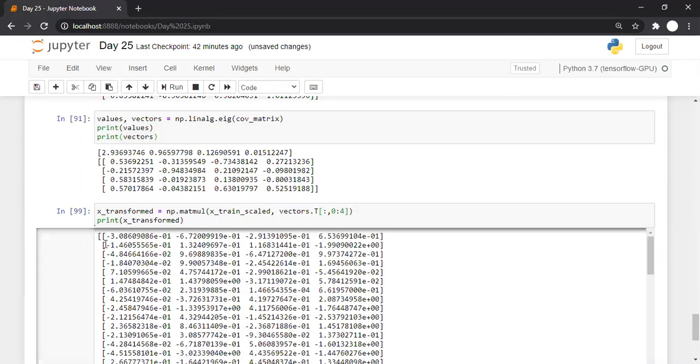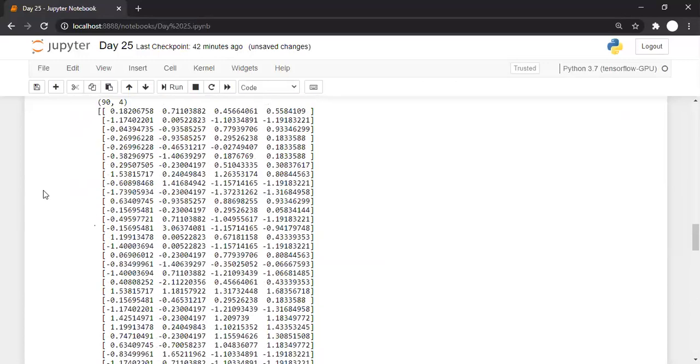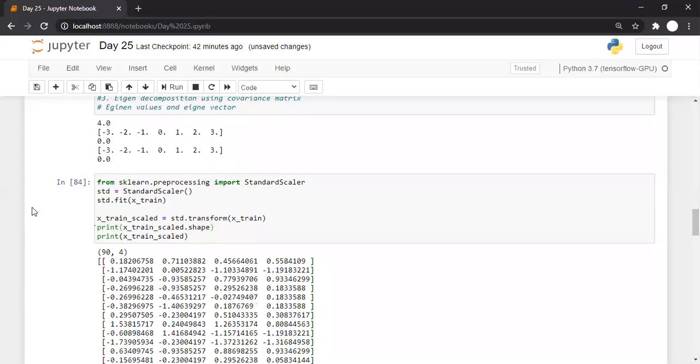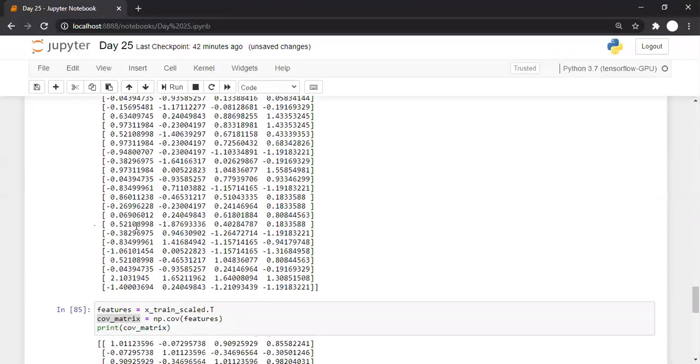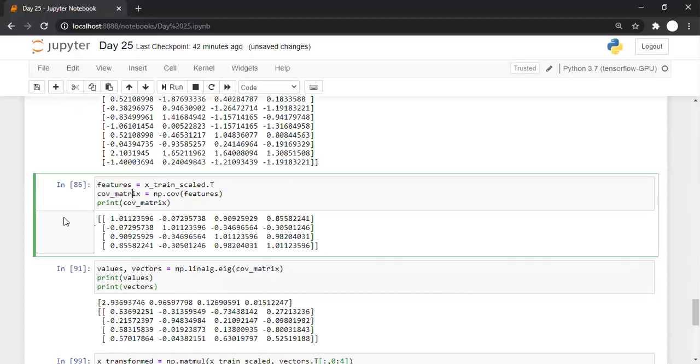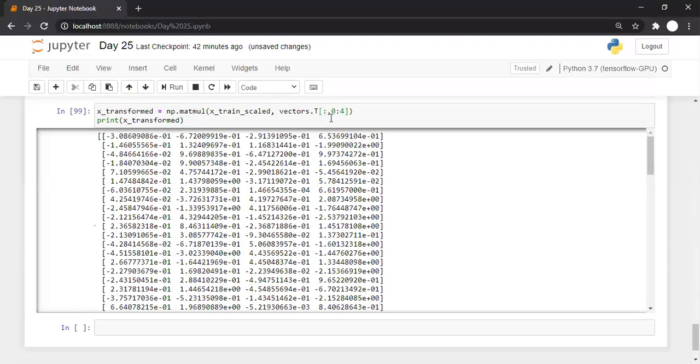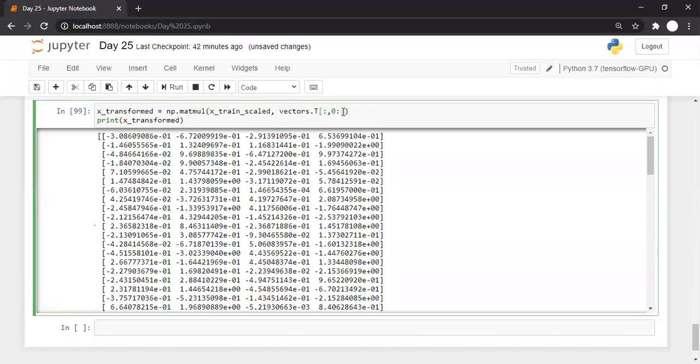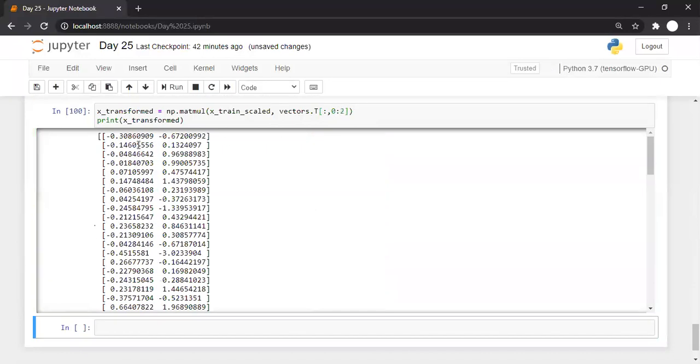So now you can see implementing this principal component analysis using NumPy is very easy. Am I right? And that's why Python became very popular because of NumPy and SciPy. They make the life of machine learning programmers very easy. If you want to do something, we can do. So if I want only 2 most important components, I'll write here only 2, 0th and first.